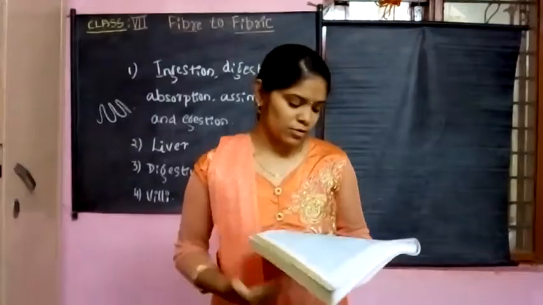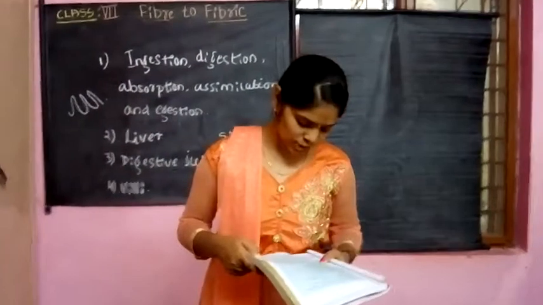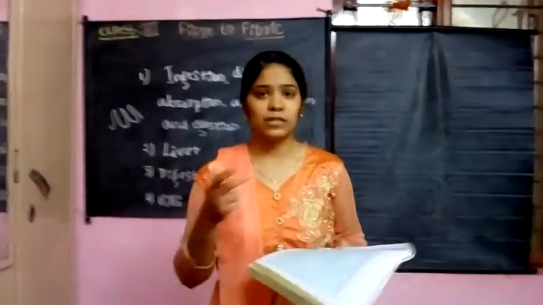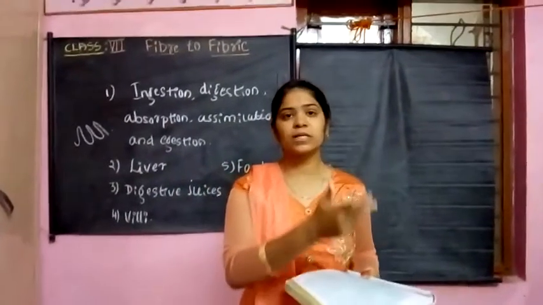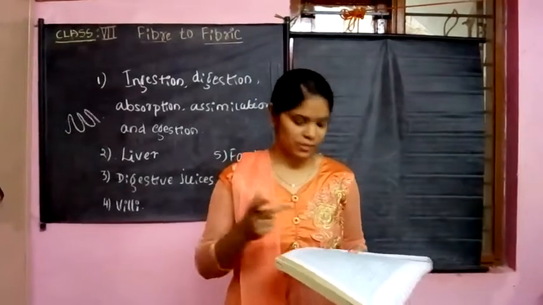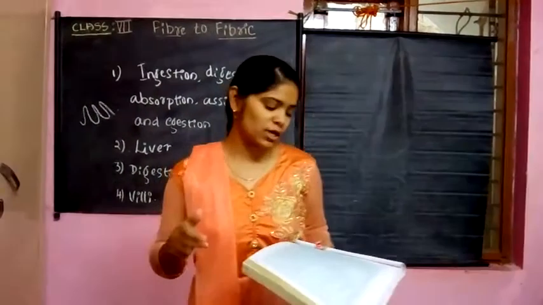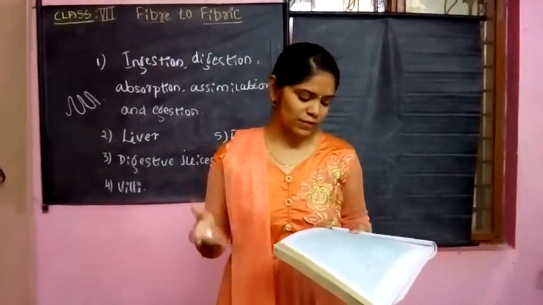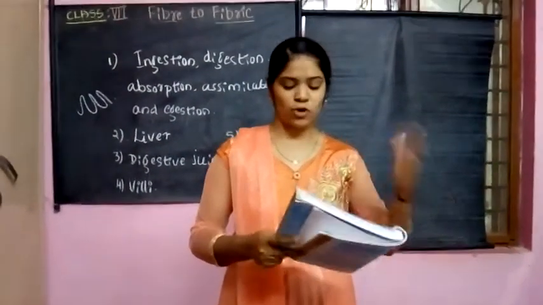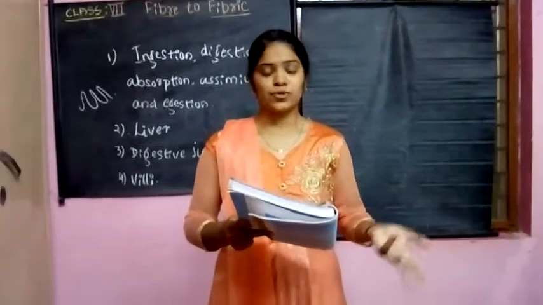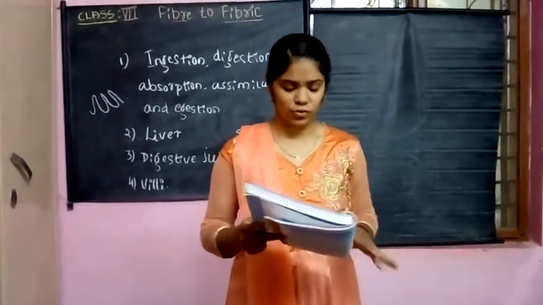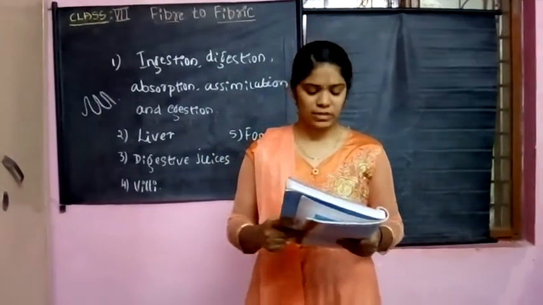Okay. The next one is match the following items. They have given certain parts and which juice or enzyme is produced by that part. In column 1 they have mentioned the salivary gland, stomach, liver, rectum, small intestine and large intestine. In column 2 they have given bile juice secretion, saliva secretion, acid release. I will tell you the direct answer.